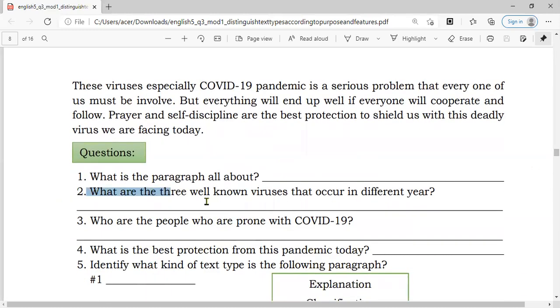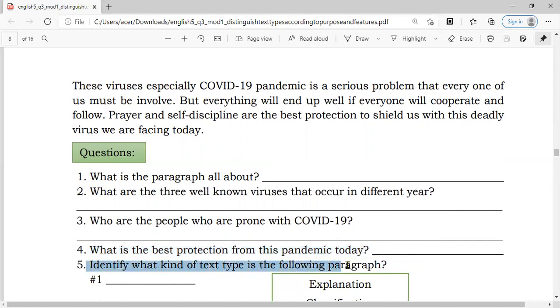Number two, what are the three well-known viruses that occur in different years? What are these enumerated viruses? One, two, three, as mentioned in our question. Number three, who are the people who are prone with COVID-19? Who are those people who are more likely to be infected with COVID-19? Number four, what is the best protection for this pandemic today? And number five,